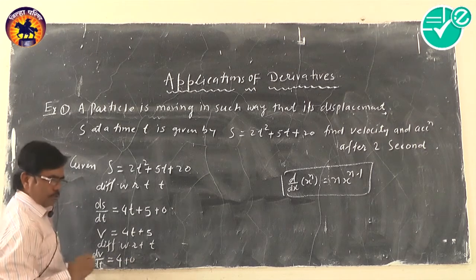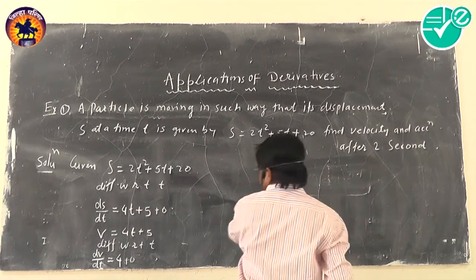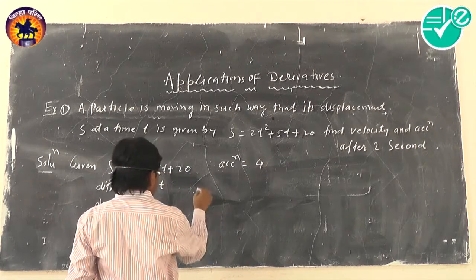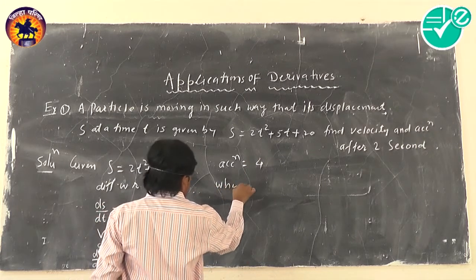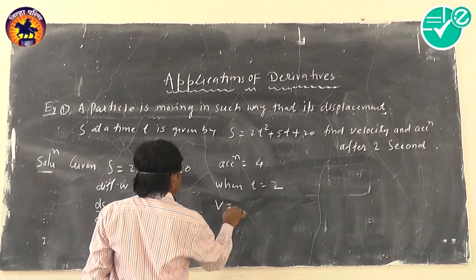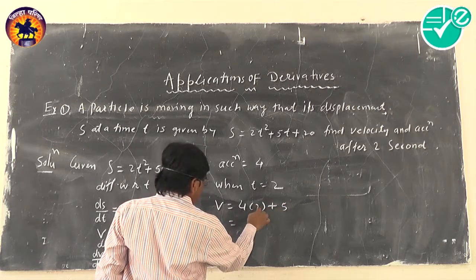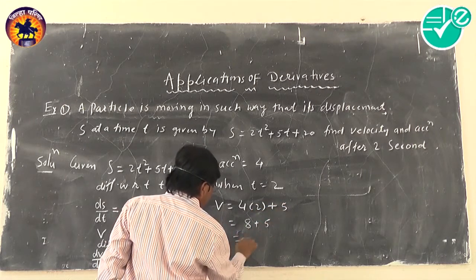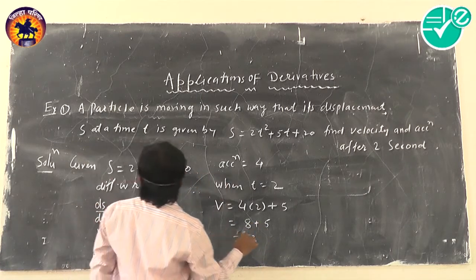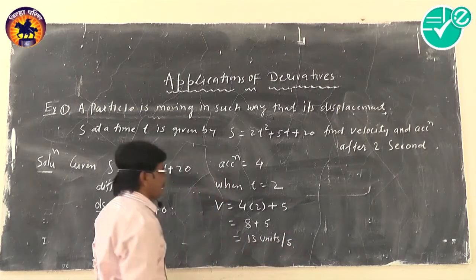Therefore, dv by dt is 4, and that is nothing but acceleration. Therefore, acceleration is equal to 4. Therefore, when t is equal to 2, v, the velocity, is 4 into 2 plus 5, that is 8 plus 5, that is 13 units per second. This is the velocity,